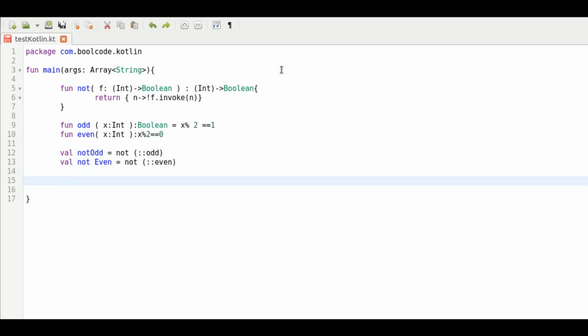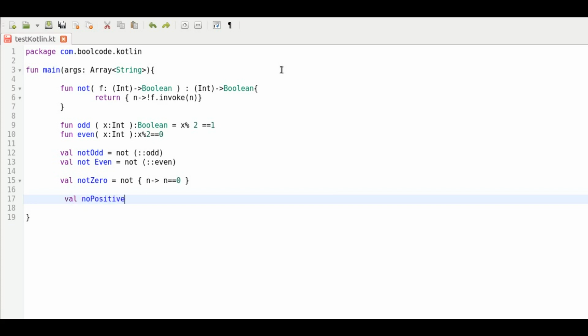Now the lambda expressions can be specified as arguments. Val notZero is equal to not, n, n is equal to 0. If a lambda has only one parameter, then its declaration can be omitted along with the arrow sign, and we can type it with it. So val notPositive is equal to not, it greater than 0. It means n greater than 0, and we will do it with the it operator. For i in 0..4,